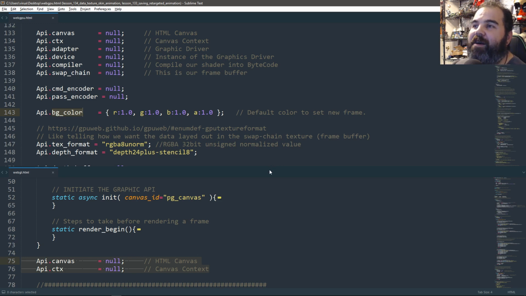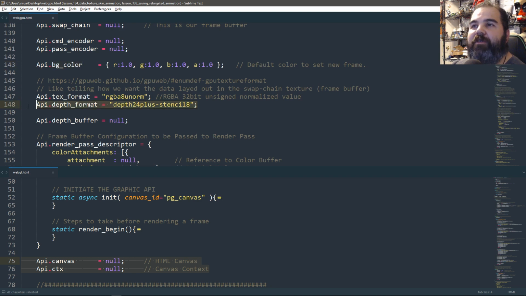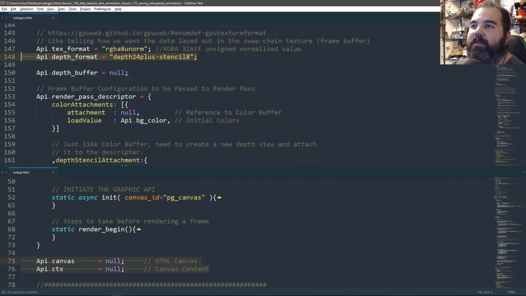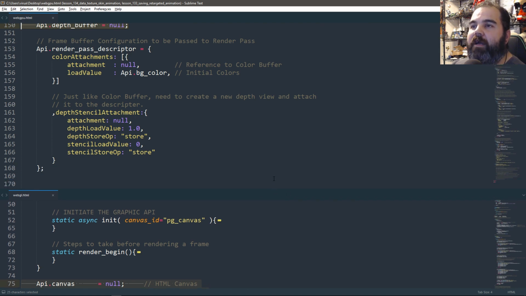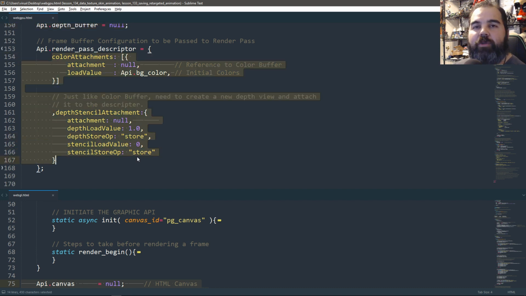configuration. Then we have some of our settings. We have to create a depth buffer for rendering for every frame. We'll see in a bit. And then we have something called a render pass descriptor. This is something that WebGL does not have. This defines certain things during our rendering process. Right now what this actually holds is our frame buffer configuration, like what our color buffers are and where our depth buffers are, and an attachment is the actual texture that